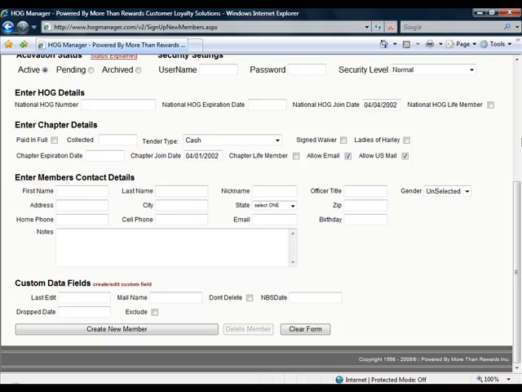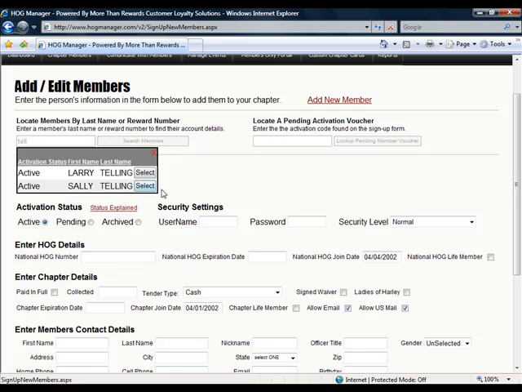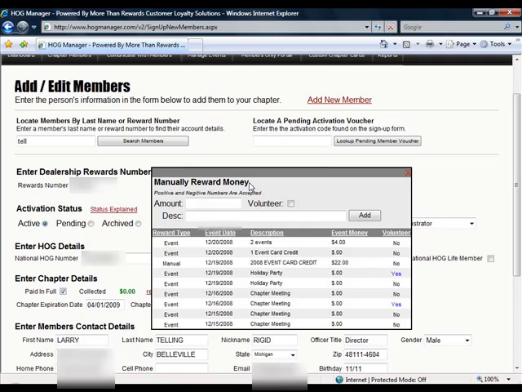When somebody comes in at the top, you're going to see that we've got, for Larry here, let's pull him back up again. There's this section called Total Cash Credit. Okay, adjust view history. This view history is going to show you a detailed summary of any events that